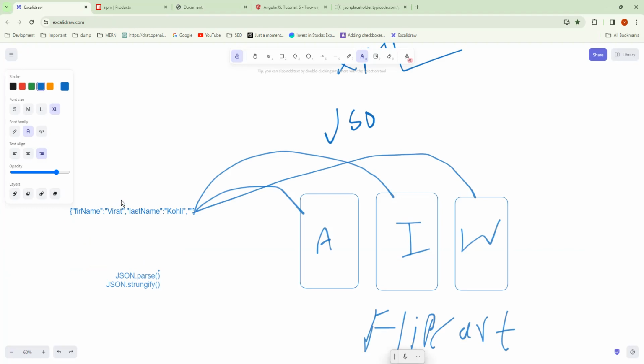Okay, I think today is enough for this session. Almost all of JavaScript we have completed. So tomorrow onwards we are